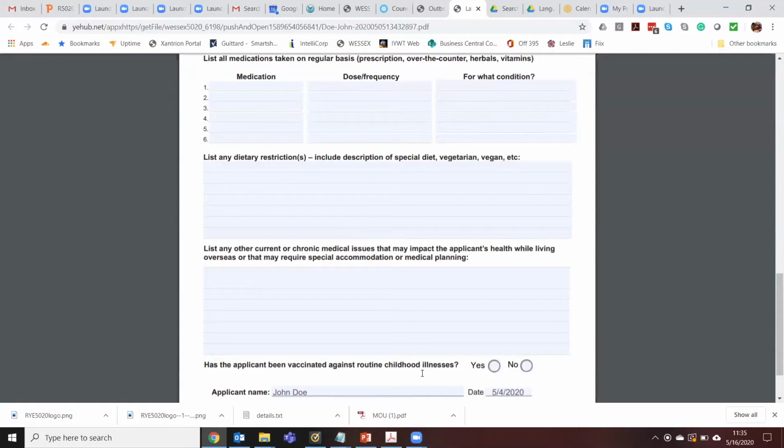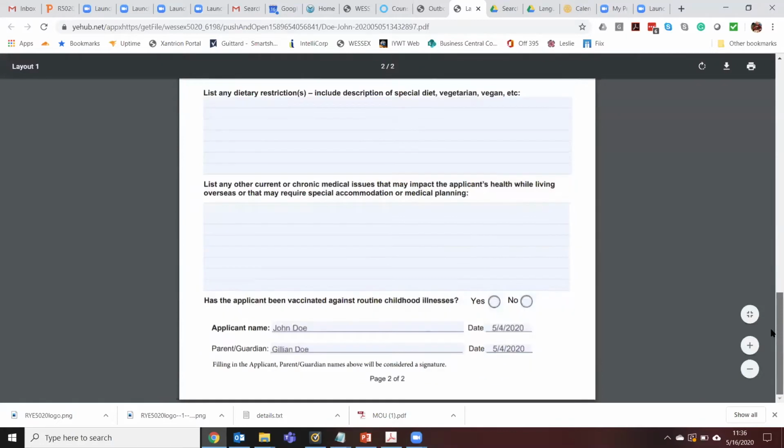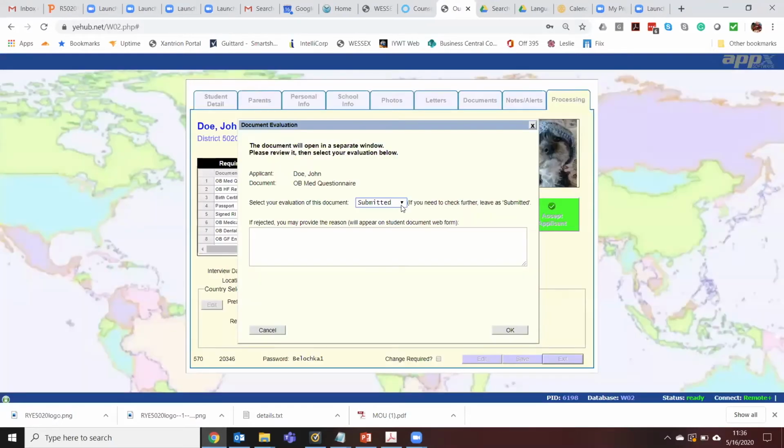exchange. So in this case, because John did not check that box, well, maybe he just missed it. So we'll reject it and send it back to him. When we go back here, we can say that it's rejected. When we flag it as rejected, John will receive an email saying, hey, your application for your medical questionnaire was denied, and here's what's wrong with it, because we can tell them what's wrong.